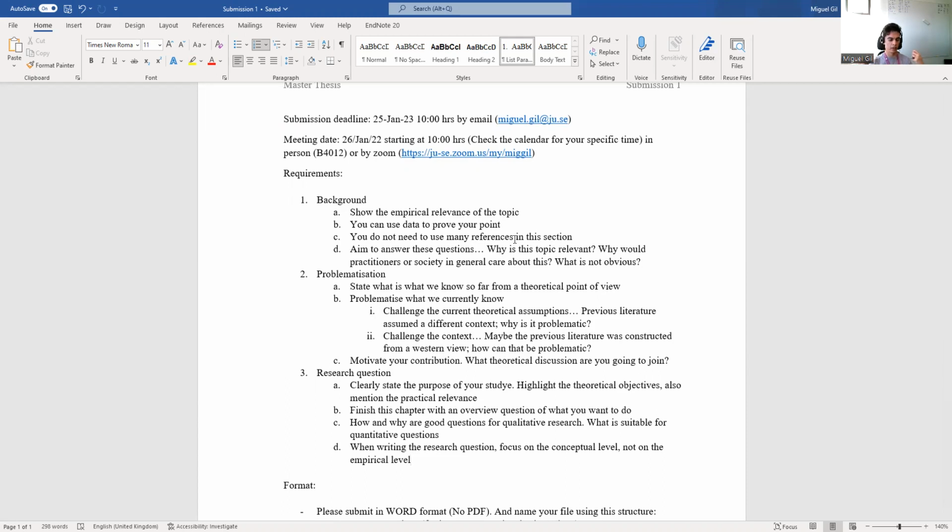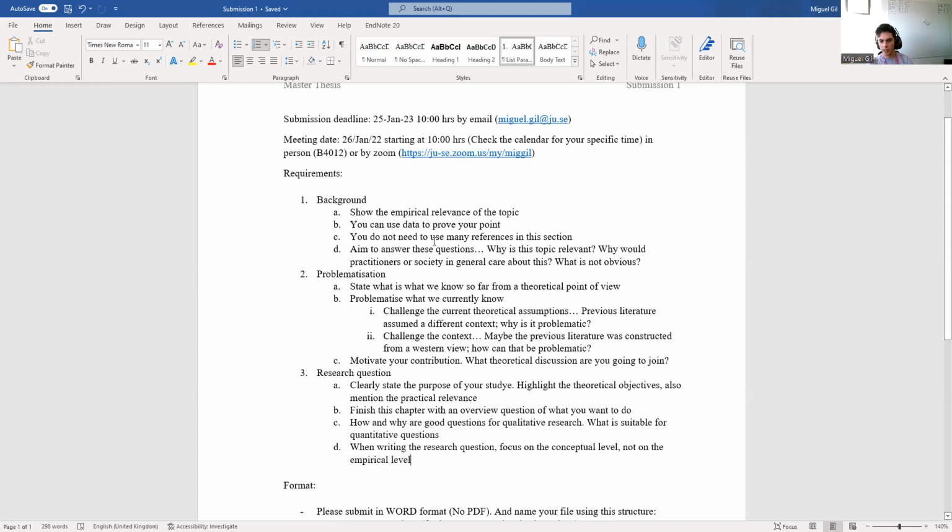Maybe you can say, we don't know how corporate governance works in an extremely authoritarian country like North Korea, but then you have to show how you can get the data from that. So explain that it is possible to achieve it, to unpack that background and the empirical relevance